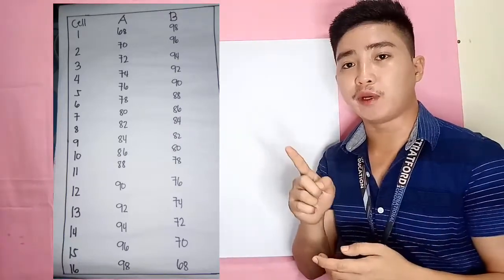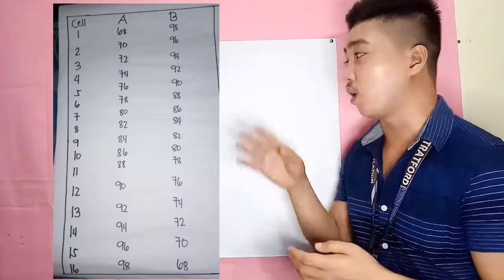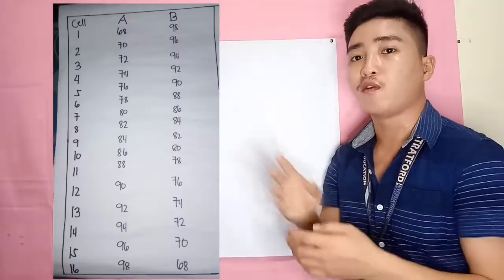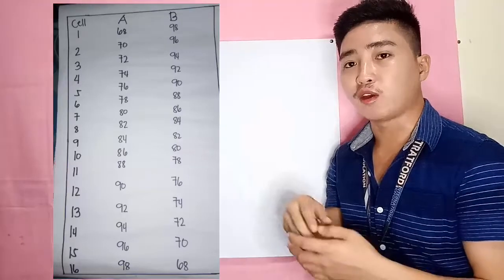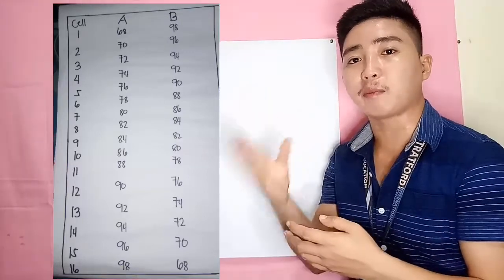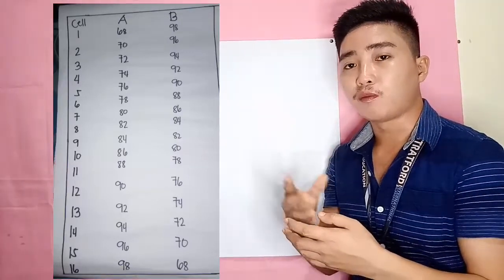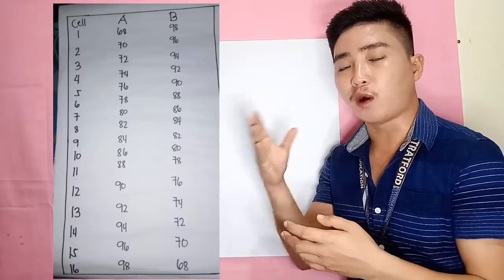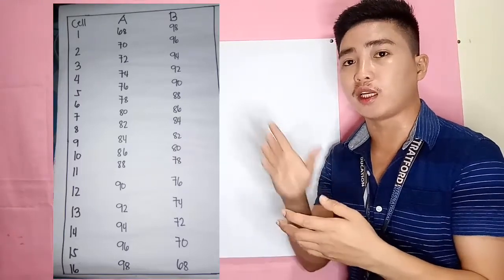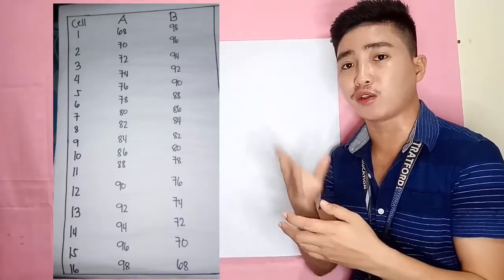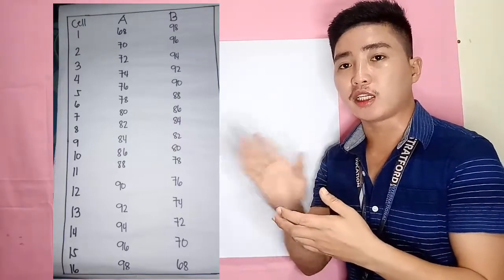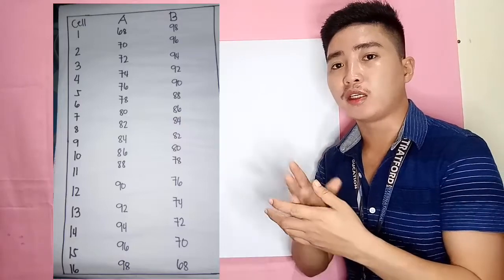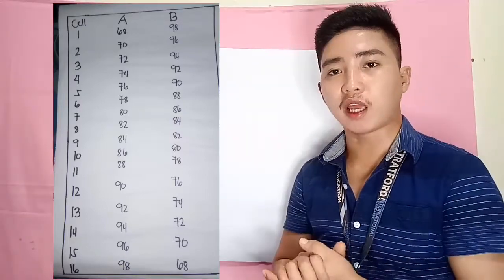But you have to remember that it is not necessarily that you have to start with the highest or lowest score. For example, for my data, 68, it is not necessarily that you have to start with 68, but it depends on the table of what is the highest or lowest score of the 16 teacher education students. Remember, it depends on their scores. Okay, since we are done presenting our table,